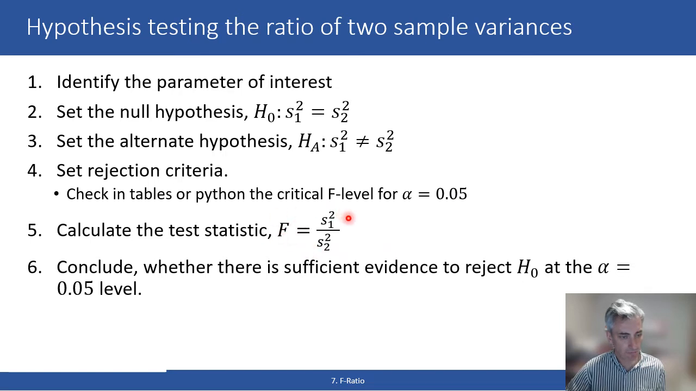Then we calculate the F statistic. Just as I showed on the previous page, we take the smaller variance and divide by the larger variance to get the F statistic. And then we conclude by comparing the F statistic against the critical value whether they're different. If this F statistic is higher than the critical value at alpha equals 0.05, then we will conclude that there's sufficient evidence to suggest that these two